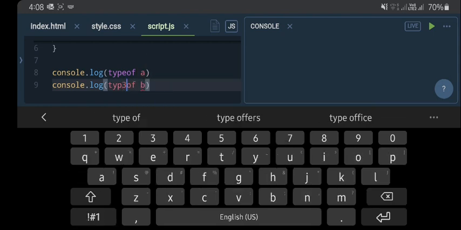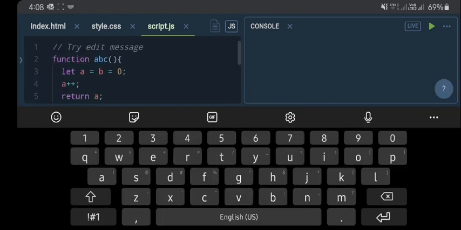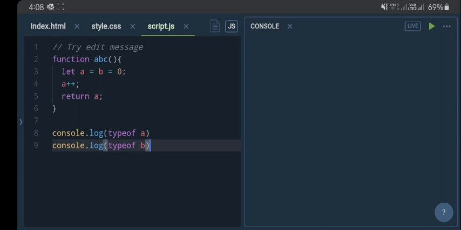So try to guess what will be the type of a and what will be the type of b. You can write it down in the comment section, and then I will explain how an accidental global variable works in this situation.